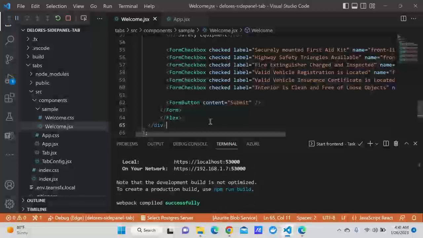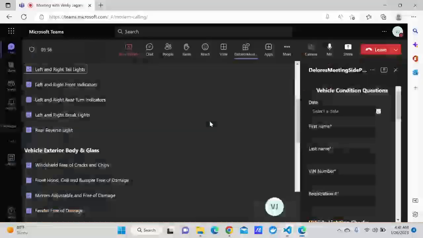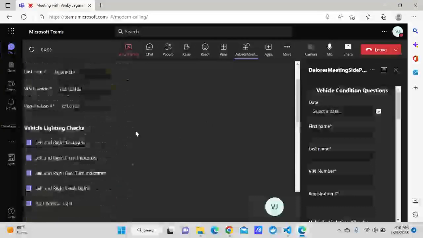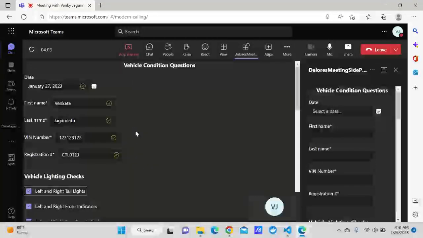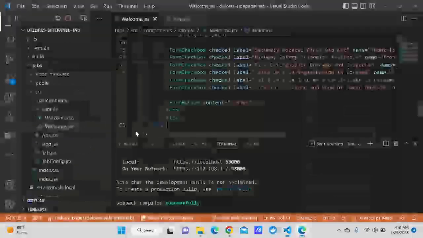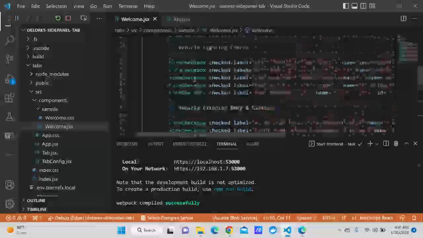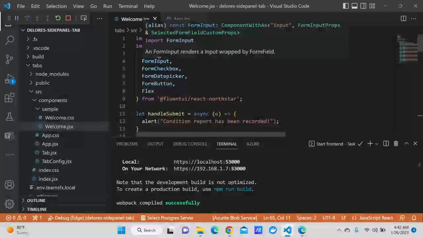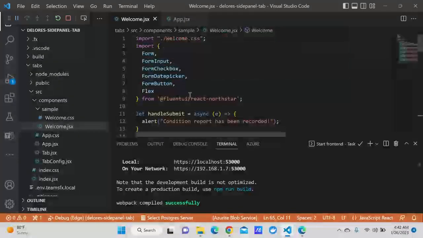Yeah. So once you do that, you can see that it compiled, and if you go back, you see that everything is checked here. So that's a pretty cool thing. You can actually show images. All these are actually not the Stardust components that we have been using before. If you go back up here, you see the Fluent UI React North Star, that's what you're using. And if you want to look at the documentation, there's an image component and a lot of things. So you can play around with trying to pull the images based on an ID or something like that from